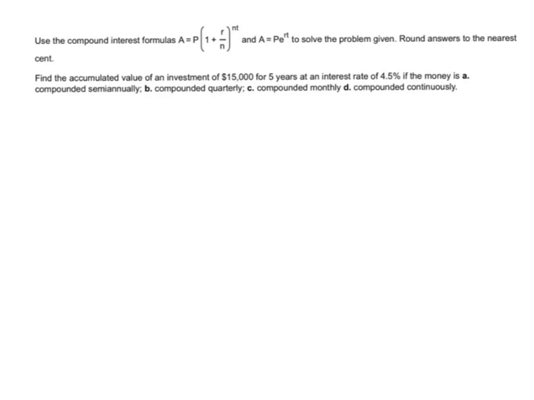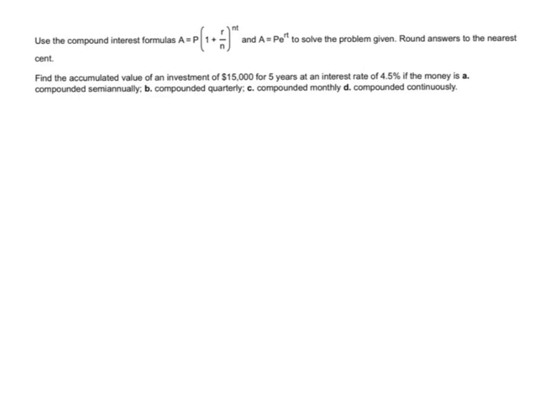Use the compound interest formulas A equals P times (1 plus R over N) to the NT power and A equals P times e to the RT power to solve the problem given. Round answers to the nearest cent. Find the accumulated value of an investment of $15,000 for 5 years at an interest rate of 4.5% if the